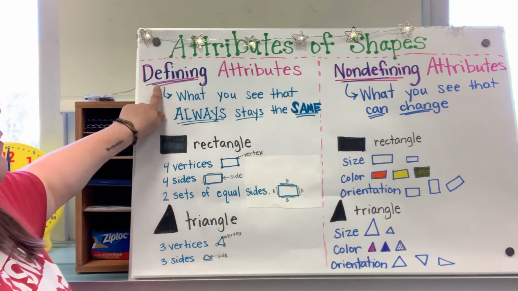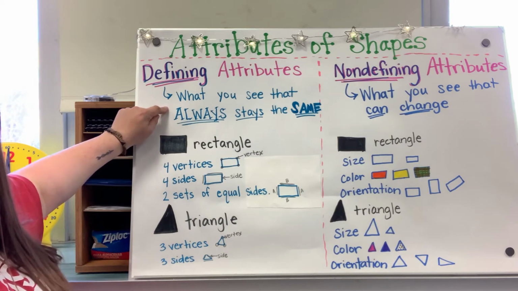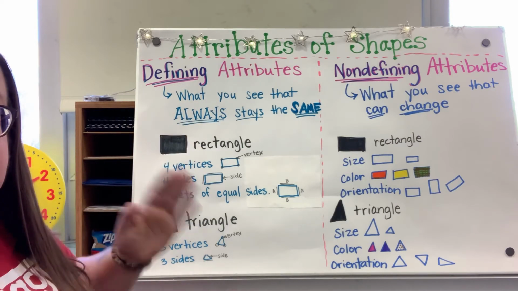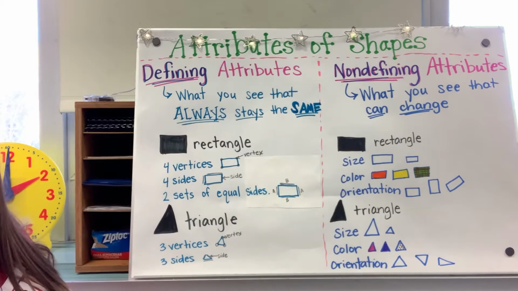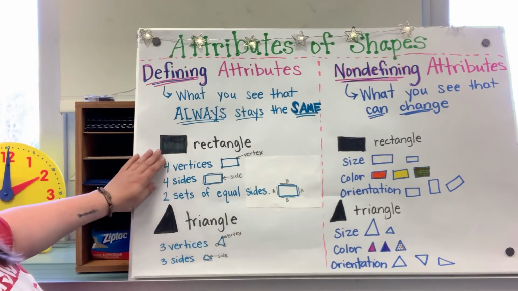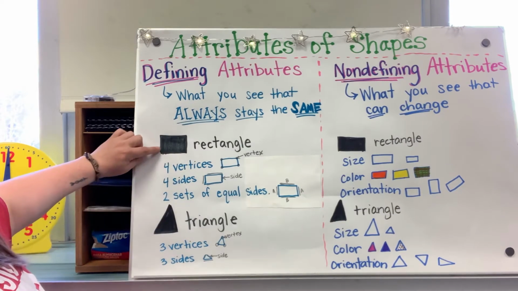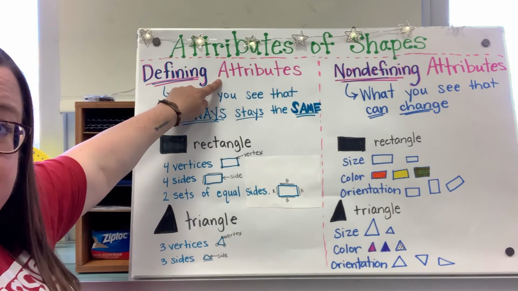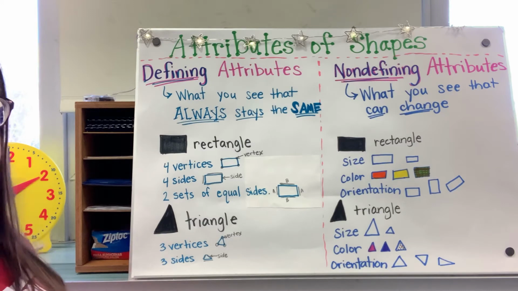okay? Defining attributes are the things that you can see that are always the same. They're always going to stay the same. And I have a couple of examples here. We'll start with rectangles, okay? We know that the attributes of rectangles that are always going to be true, that are always going to stay the same when we're talking about rectangles,